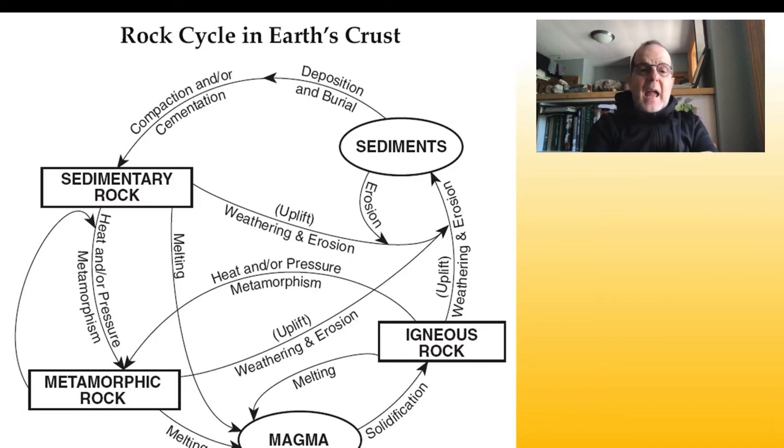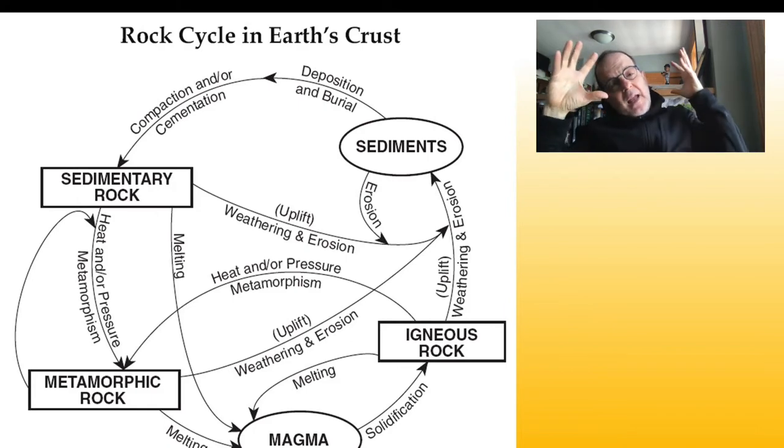The igneous rock had to come first because the igneous rock is formed from melted, in this case, stellar matter that has cooled as it's moved away from the sun in that early period of our solar system's history that is known as the nebular period, or the nebular hypothesis, where gas is